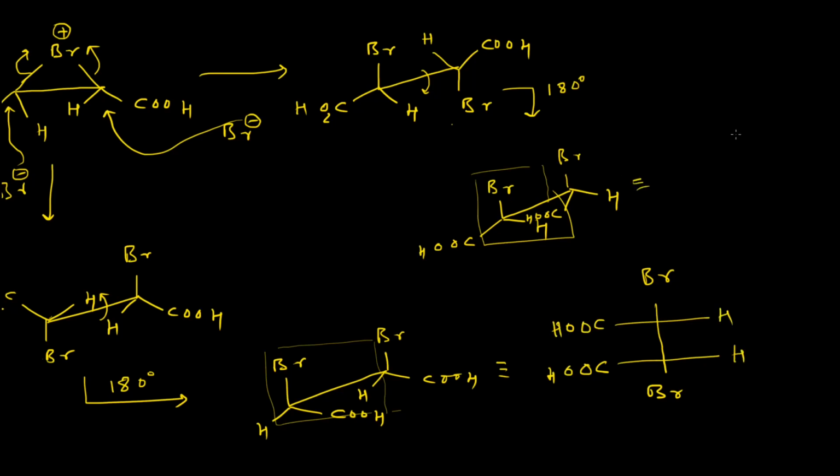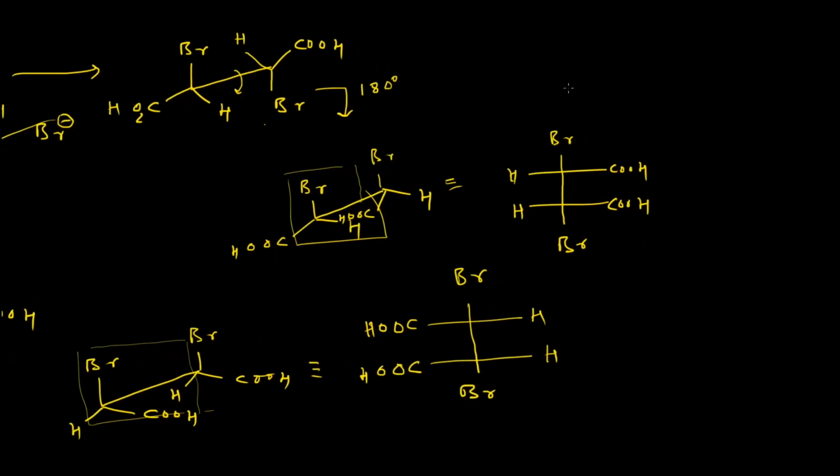And for this product, here also we can designate the absolute configuration for these chiral centers. So this center, this bromine will be of priority 1, this CO2H will be 2, and this whole group will be 3, and hydrogen is 4. So 1, 2, 3, this is a clockwise rotation, but since hydrogen is horizontally placed,